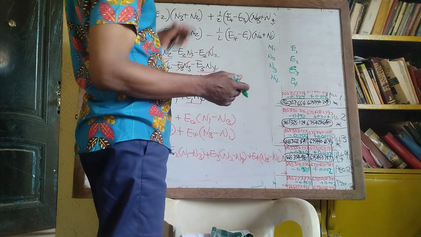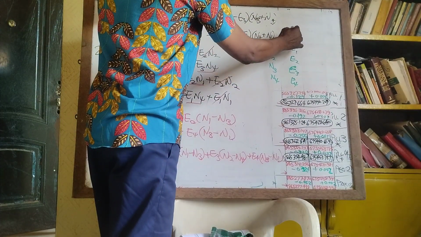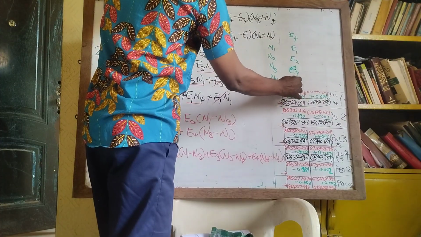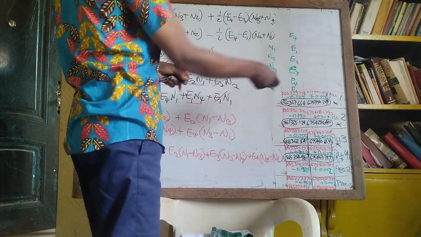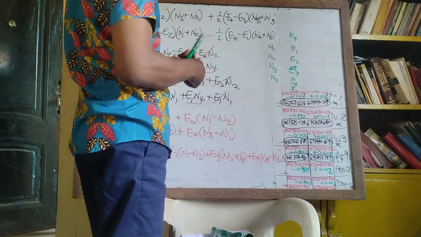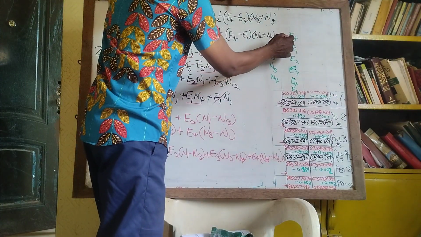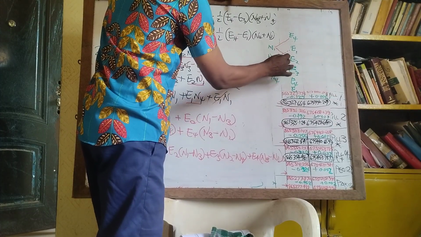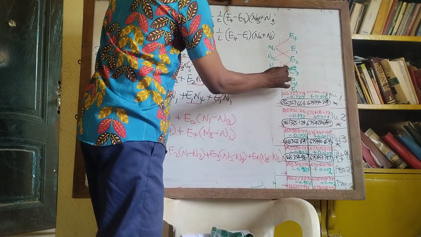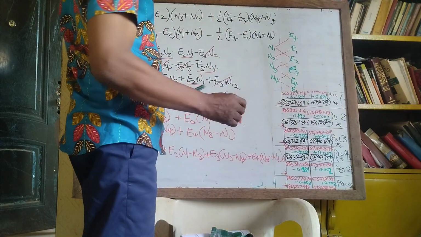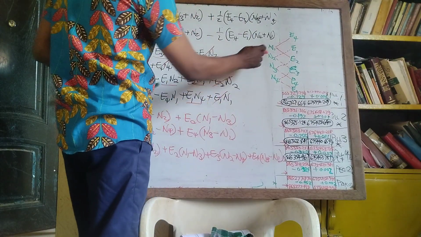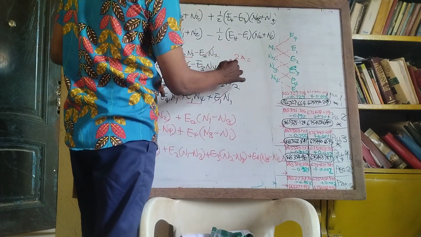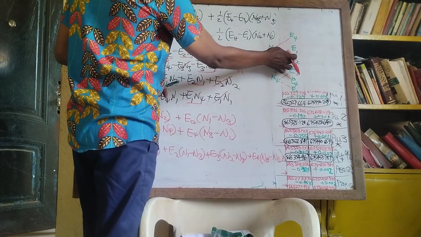What you simply have to do is you can now say this is E4, that's the last one, and put E1 here. That's the first one. Then you have something like this. So 2A will now be what? N1 into E2 minus E4